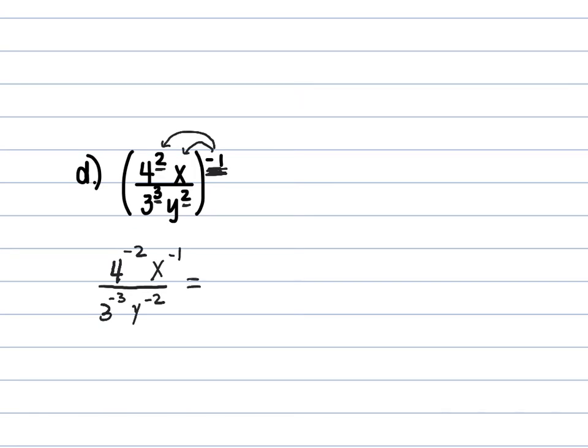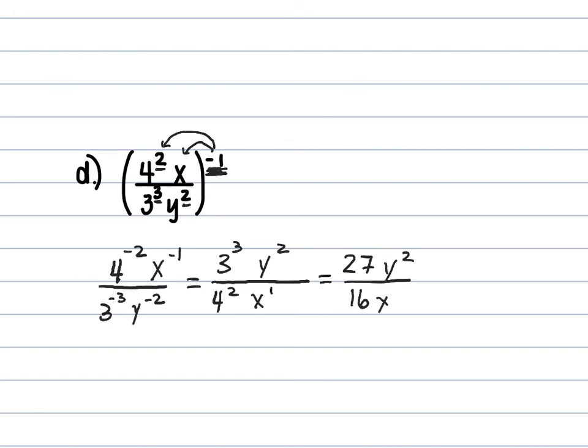Now check it out. There's all those things there, and we're going to move everything that has a negative exponent. So that 4 to the negative 2nd power becomes 4 to the 2nd power down here. That 3 to the negative 3rd power becomes 3 to the 3rd power up here. X to the negative 1st power on top becomes x to the 1st power on bottom. Y to the negative 2nd on bottom becomes y to the 2nd on top. Any math I can do here? Sure. 3 to the 3rd power is 27. Y squared. On the bottom, 4 times 4 is 16